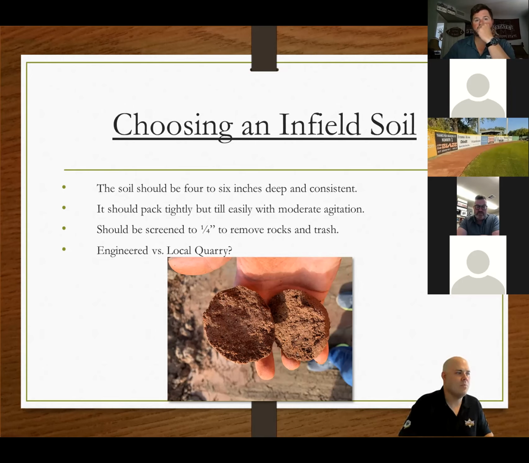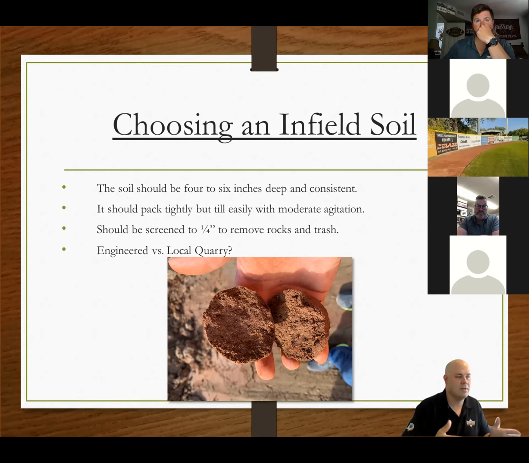So back to the conversation of engineered versus local quarry material. When you're engineering an infield material, you're running it through a multi-level mixing unit. Most of them are called pug mill systems.